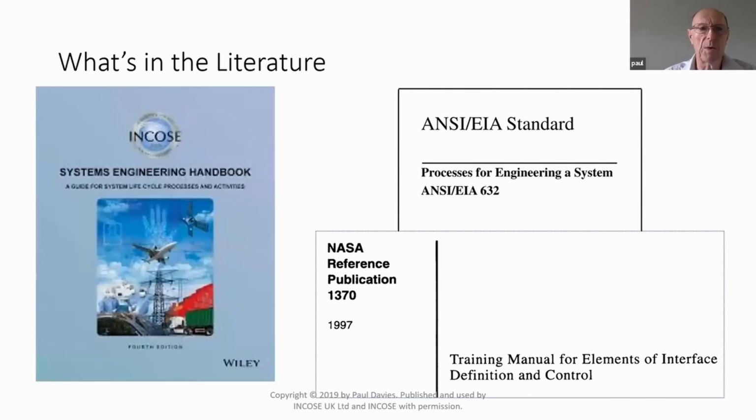All right. Now we come on to the Systems Engineering Handbook. I've got a picture of version 4 here. Version 5, or 5th edition, has just been released, and I haven't had a chance to check it yet. There are some quite good words about interface definition in section 4.4 on architecture definition, and then again in one of the cross-cutting processes, back in chapter 9, I think it is, might be chapter 10,